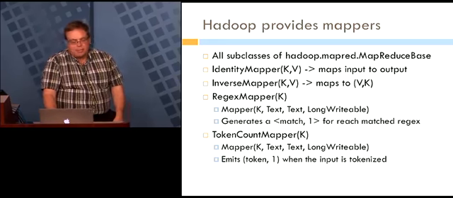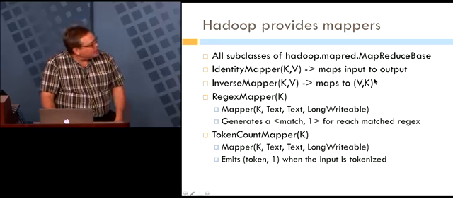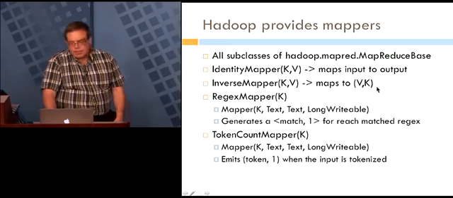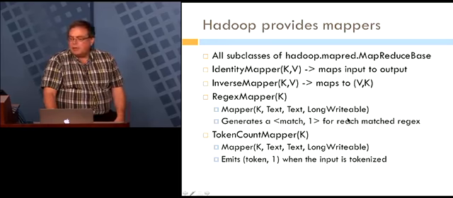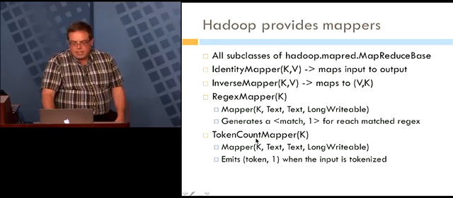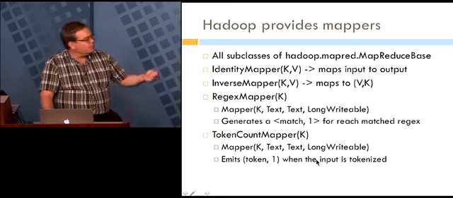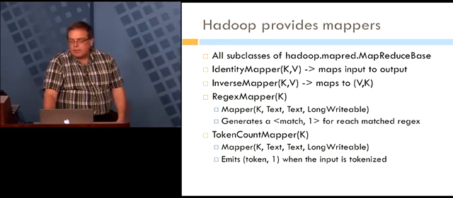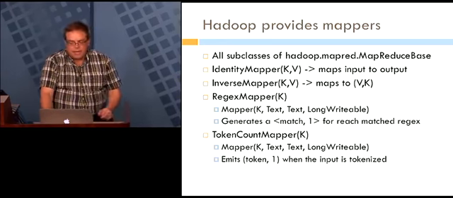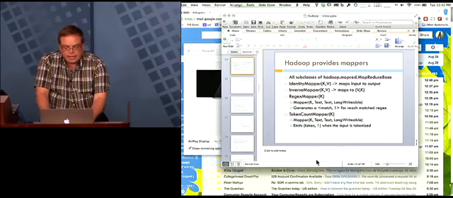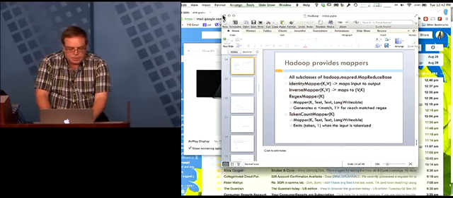So there might be an inverse mapper, which is going to just map key values to value keys. A regex mapper is going to generate from a regex; you can have patterns there. For that, a token count mapper, which is basically what word count implements. There's a whole bunch of mappers, and if we look at, let's see, where's the